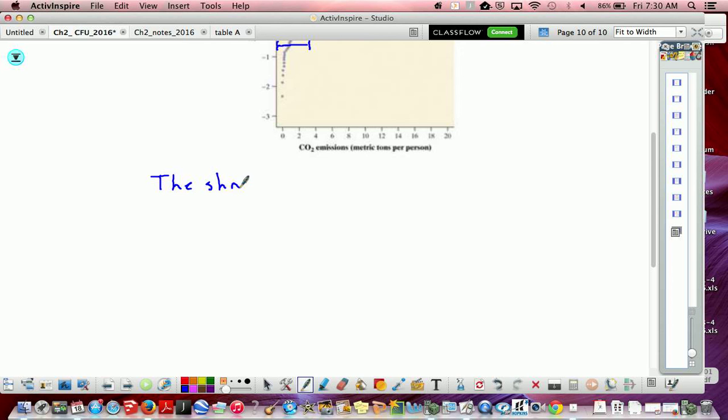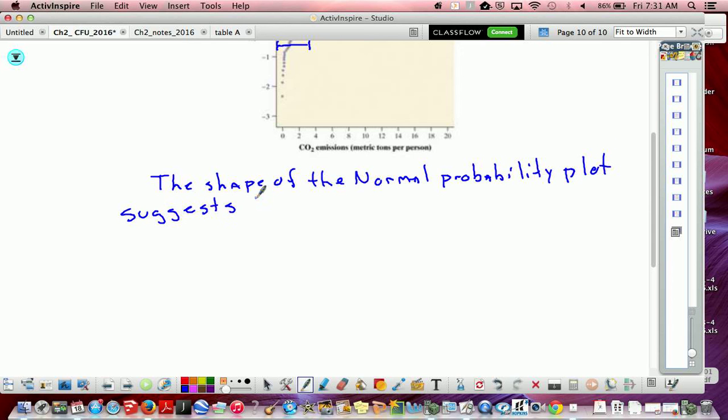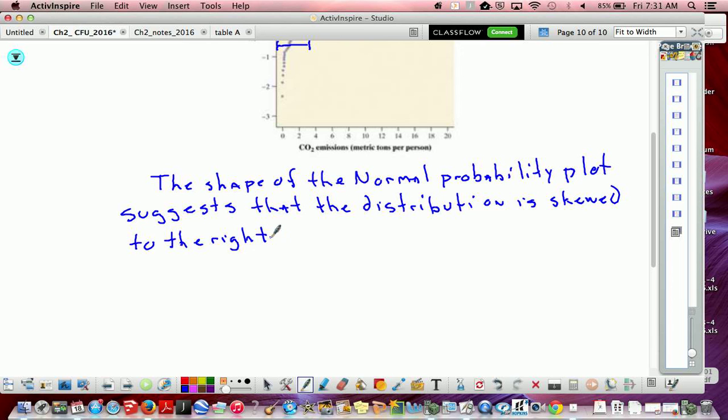So the shape of the normal probability plot suggests that the distribution is skewed to the right. The spread of scores above the x-axis